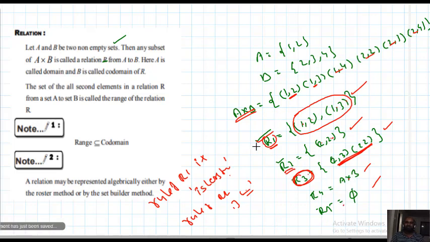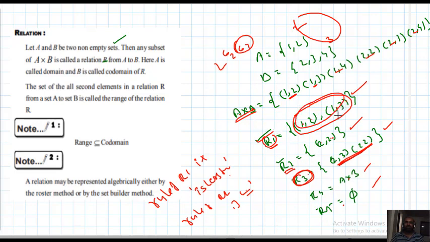So every subset of A cross B is a relation from A to B. In this example, A has 2 elements, B has 3 elements. So A cross B will have 2 into 3, 6 elements. Automatically A cross B will have 2 power 6 subsets, 64 subsets. Every subset is a relation from A to B, which means there exist 64 relations from A to B. Sometimes all the ordered pairs in a relation follow a rule. The rule is called the rule of the relation or formula of the relation. Here, these two are important for us.